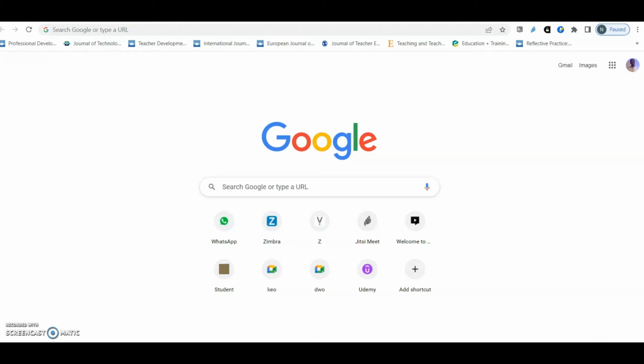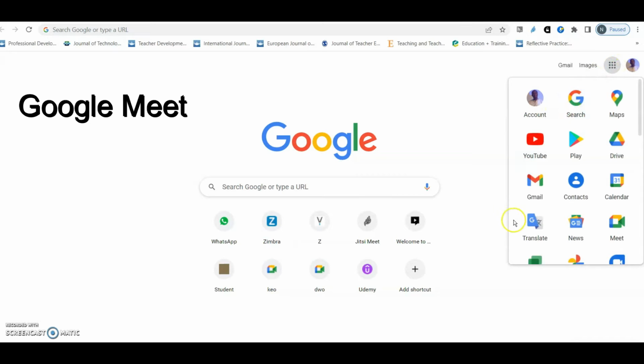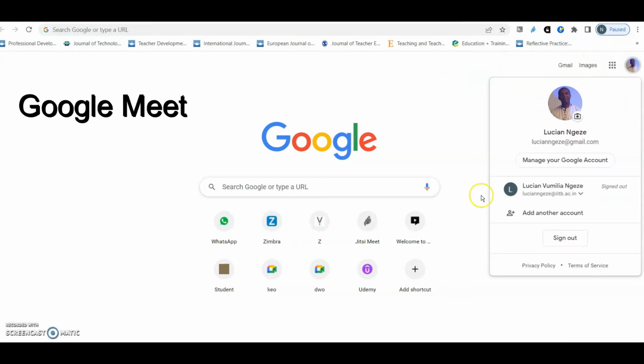I would like to teach you today about one tool that you can use to teach online with your students. This is what you call Google Meet. Google Meet is a Google application that you can use for teaching, engaging your students online in an online video conferencing. Now, to get into Google Meet, first of all, you have to have logged into your